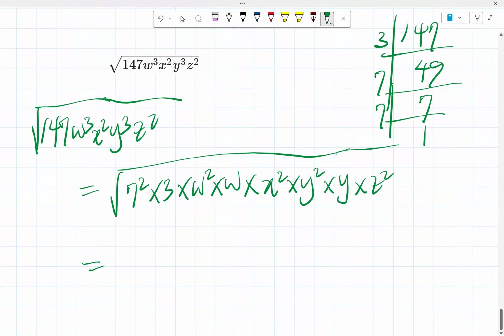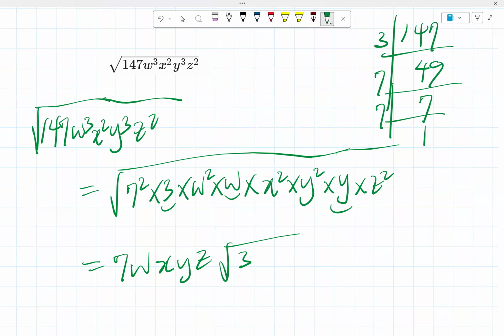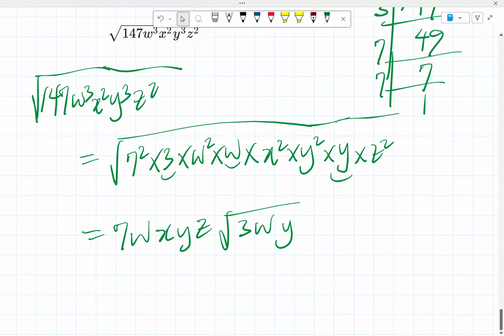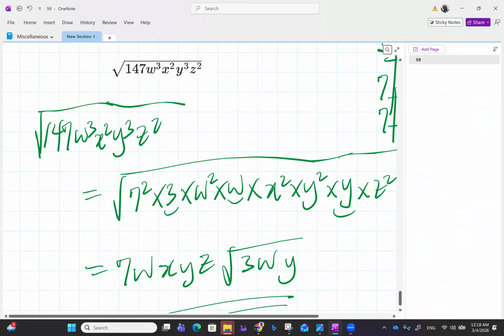So that it will not be too elaborate, square root of 7 squared is 7. Square root of W squared is W. Take note, we have 3 left, we have W left. Square root of X squared is X. Square root of Y squared is Y. We have this Y left here. And then square root of Z squared is Z. And then everything into square root of the 3 that was left, then W that was left, and this Y. So that means square root of 147 W cubed X squared Y cubed Z squared is 7WXYZ square root of 3WY. And with that, we come to the end of this interesting video talking about